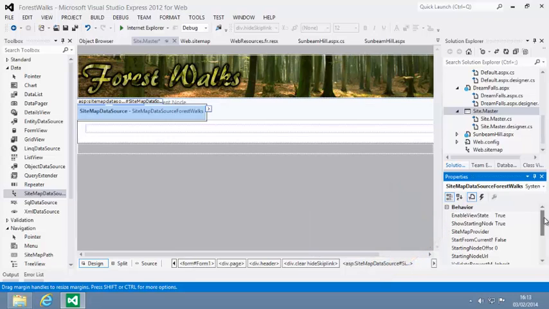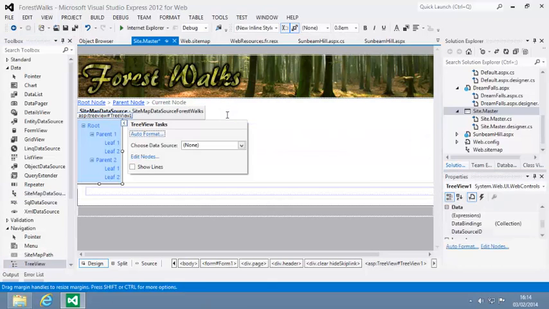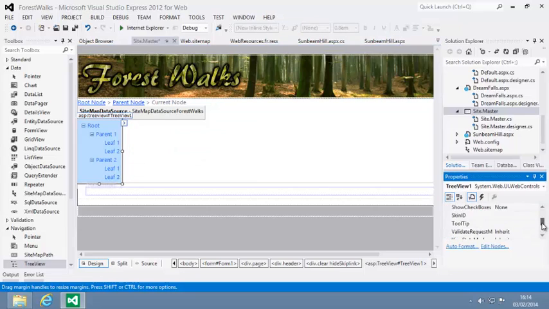Next, add a TreeView control to the page just after the SiteMapDataSource control. You'll find the TreeView control in the Navigation category of the toolbox. As you can see, this control will display your site's navigation structure in an expandable tree. Set the ID property of your new control to TreeView